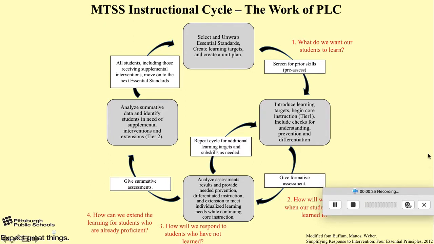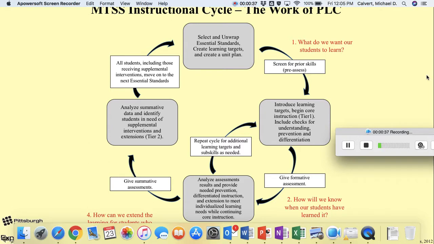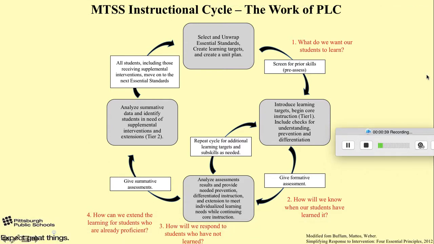Okay, so what this demonstrates is the steps of our PLCs according to the four guiding questions. What do we want students to learn? How will we know when our students have learned it? How will we respond to students who have not learned? And how can we extend learning for students who are already proficient? And these are the questions that are on our PLC agendas, and we ask them and answer them all the time. And you'll notice up here, it starts with the standards, with unwrapping the standards, creating those learning targets, and